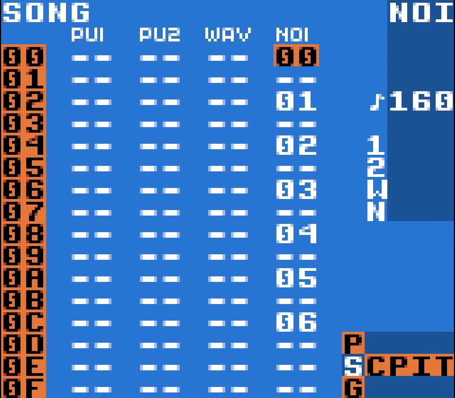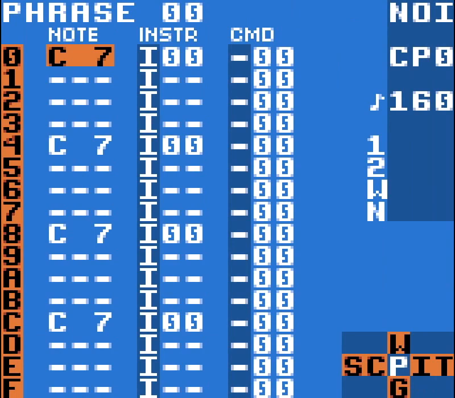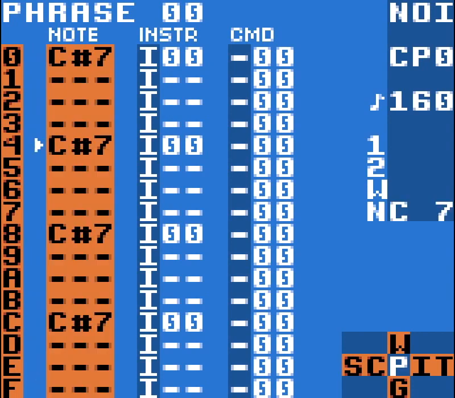Okay, so what does that mean and how does LSDJ control that? Well, first thing I should note is that the pitch that you enter on the noise channel doesn't actually do anything to change the note. So if we listen here, you can hear as I change the pitch, the note doesn't change. The only thing that affects the note is what octave you enter. So if I change octaves,